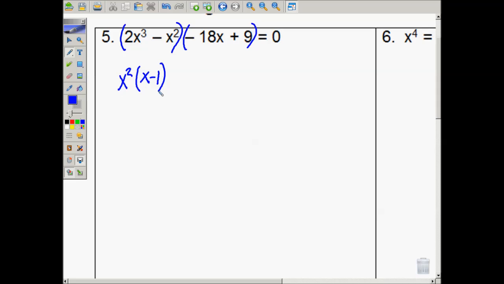Lovely. What's the GCF of this? 9. What kind of 9 do I want to take out? Negative 9, because I want this one to be positive. I want to be left with a positive. And also I want to make it look like,